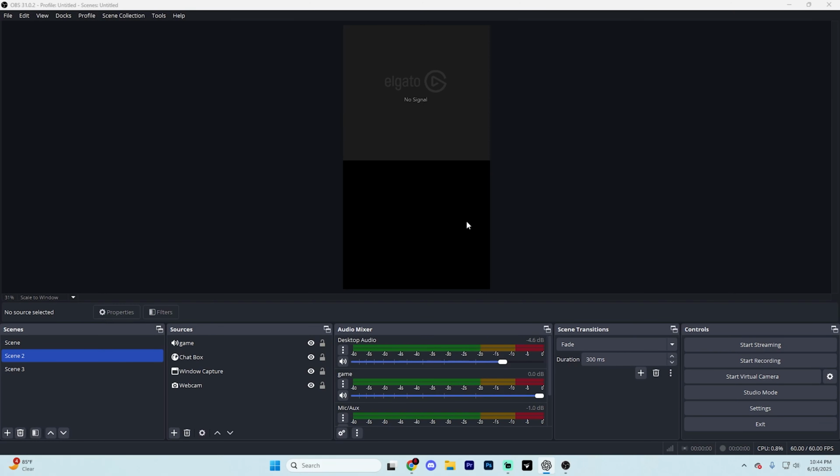In this video, I'm going to walk you through exactly how you can record your screen using OBS Studio step